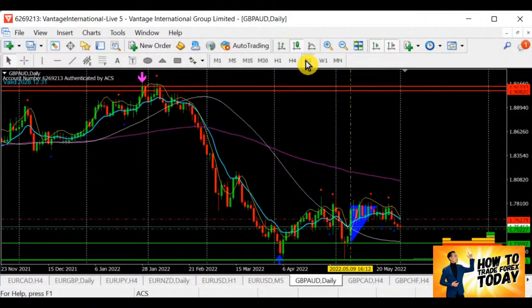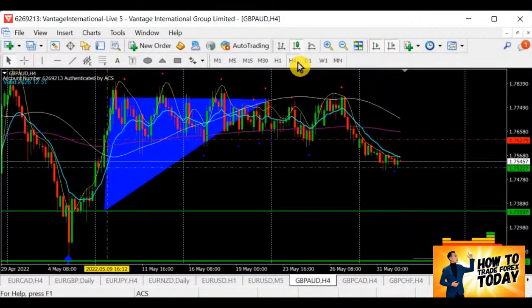All right, so Pound Aussie, let's take a look at Pound Aussie. Yesterday, yes, we have a slide down there. Now coming to the support, will that be a good chance to sell? For Pound Aussie, if we want to sell, it will be good if we can break the support here, retest the support once again, then we start selling. Yes, I'm going to put this into my list.